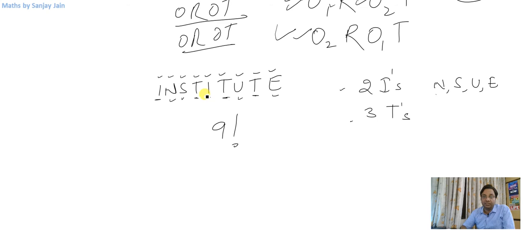Then what I am doing is, when this I is at this place and this I is at this place, right? One of the arrangements will be this, when these I's will replace each other. If I consider them I1, I2, then one of the arrangements will be this, and another arrangement will be when I2 will be here and I1 will be here. But these are not I1 and I2, these are I's. So 2 factorial arrangements are being over counted. So I'll divide it with 2 factorial.